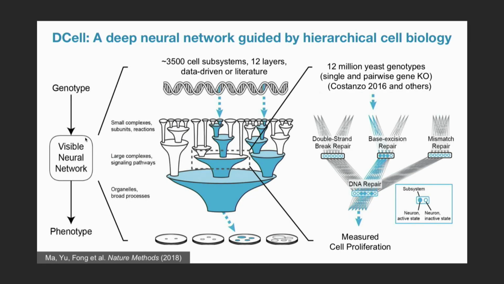Okay, so now given that hierarchy, here's what we did next, or I should say Jinsu Ma did next. So we then turned to functional data. And the other reason we're using yeast here is because if you're trying to learn how to convert a genotype input into a phenotype output, yeast has by far the largest number of training samples of any organism. There are at least 12 million of them.